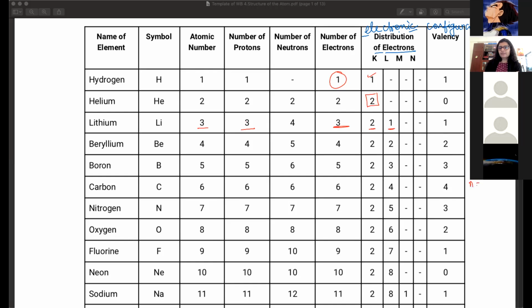Now, when n is equal to 2, the second shell, what is the maximum number of electrons this can take? Calculate, tell me. So when n is equal to 2, what is the maximum capacity of the second shell? How many electrons can it take? Yes, Samriddhi got it. Sujal, you just did a thumbs up. What is your answer? How many electrons can it take?